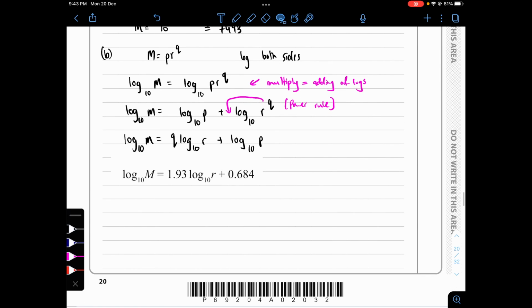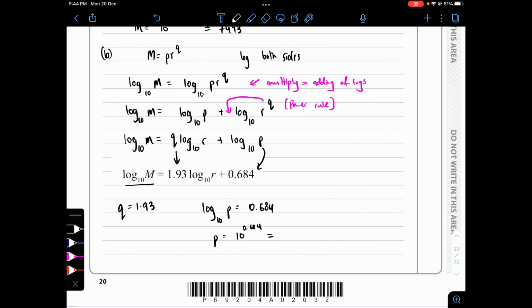You can see over here that log base 10 is the same. This is obviously the same, and we can see q is 1.93, and this log base 10 p is equivalent to 0.684. So we can write q equals 1.93, and then we can write log base 10 p equals 0.684. So p will be 10 to the power of